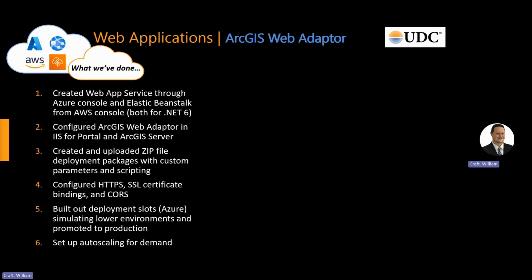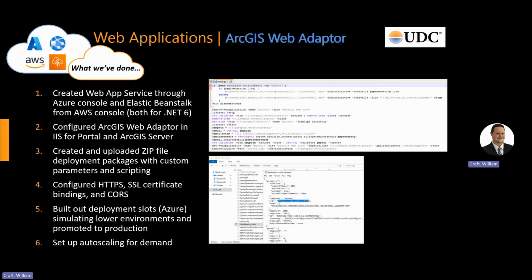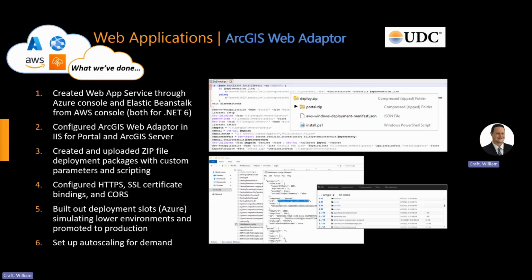We stepped through the Web Adaptor deployment and configuration process on AWS and Azure. The process initially requires a server to install the Web Adaptor, in our case, the .NET Web Adaptor for IIS on Windows, and subsequently zip the directory. Configuration can occur beforehand, manually in a text file editor, or it can occur after deployment. After Web Adaptor deployment and configuration was completed, we set up security to include enabling HTTPS, binding SSL certificates, and